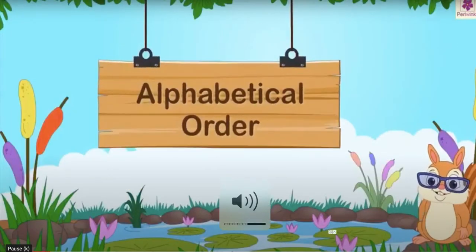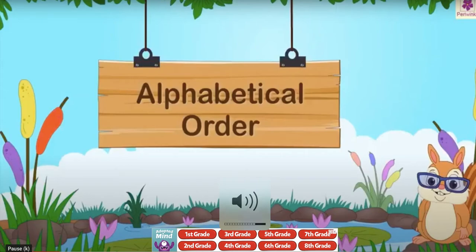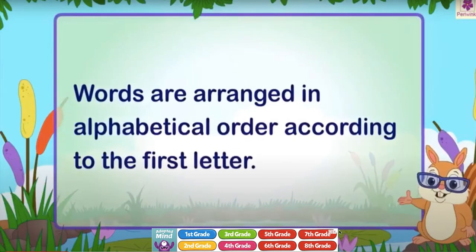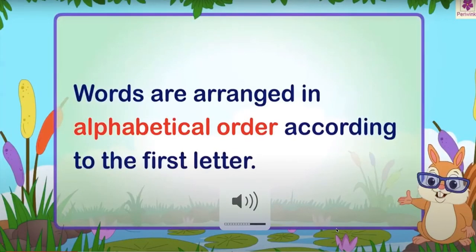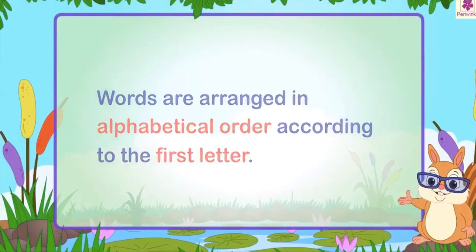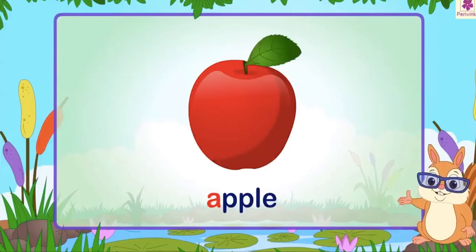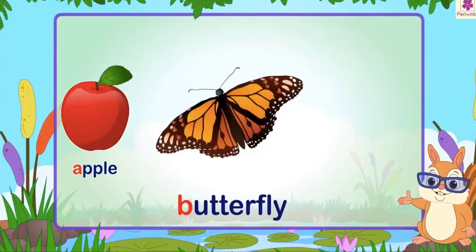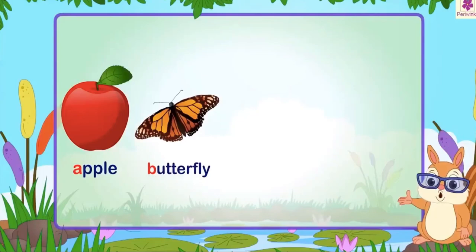Alphabetical order. Words are arranged in alphabetical order according to the first letter. For example, apple, butterfly, donut,